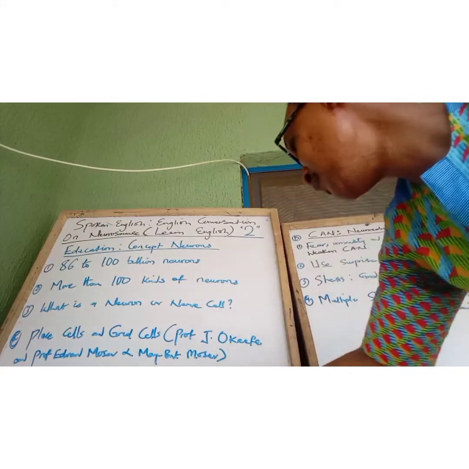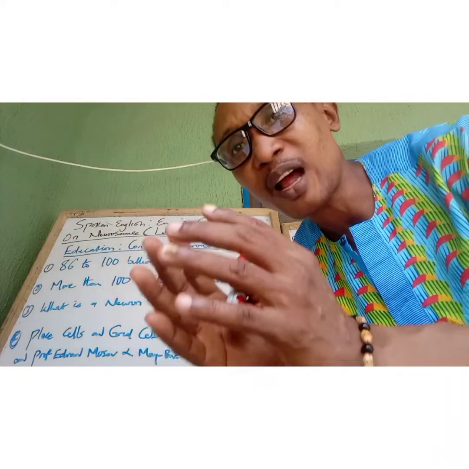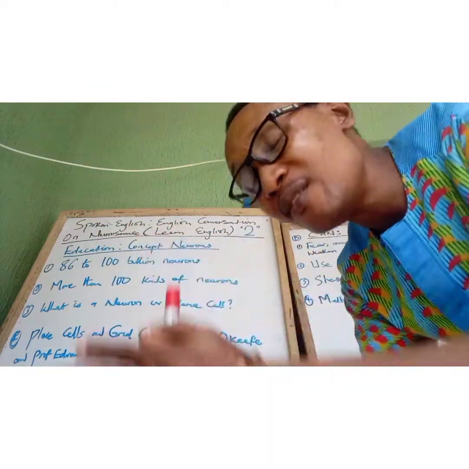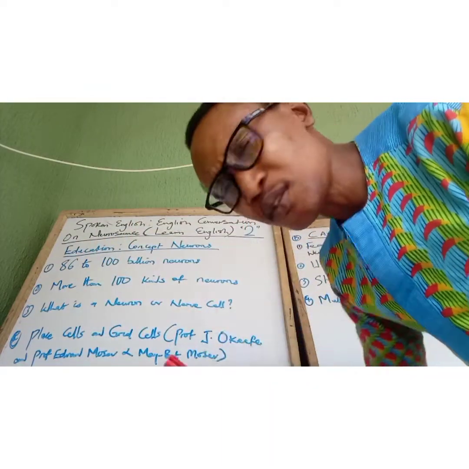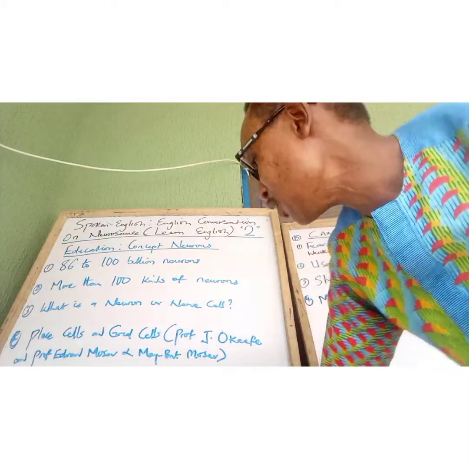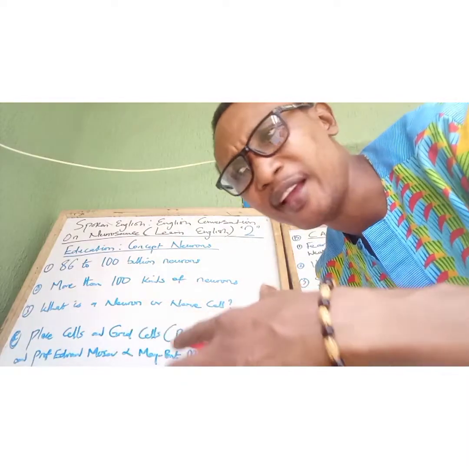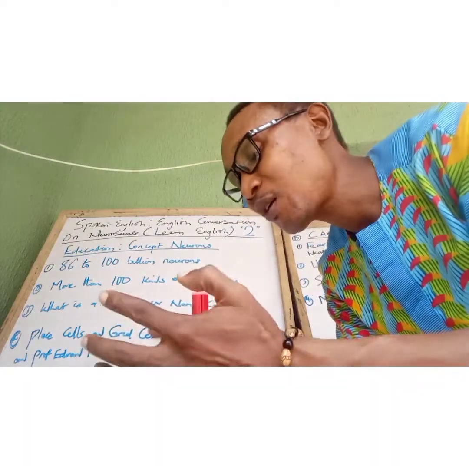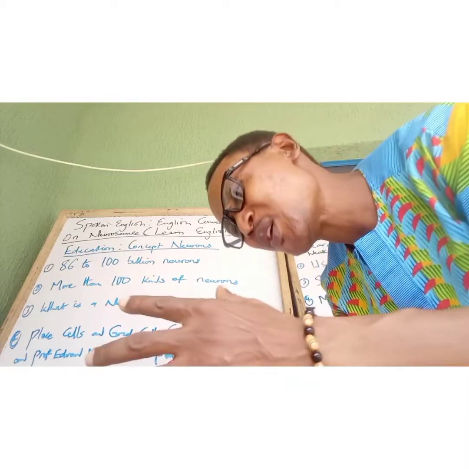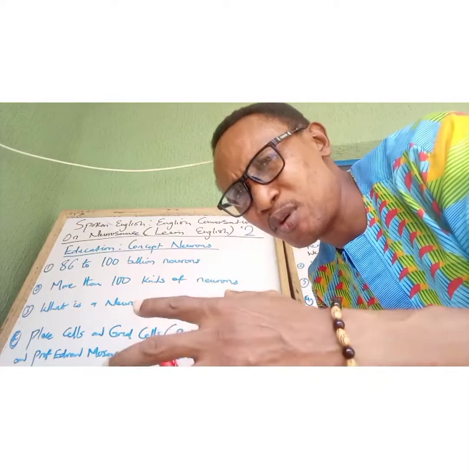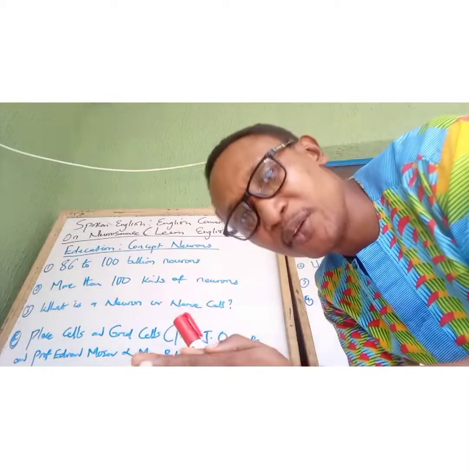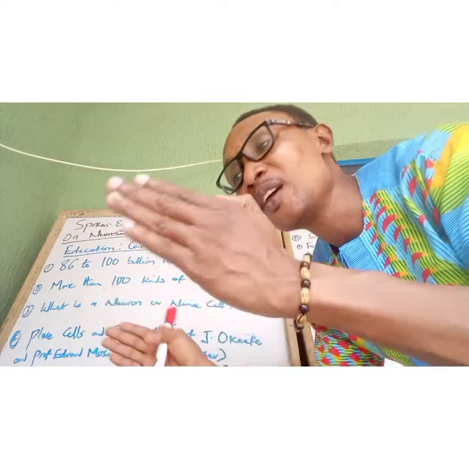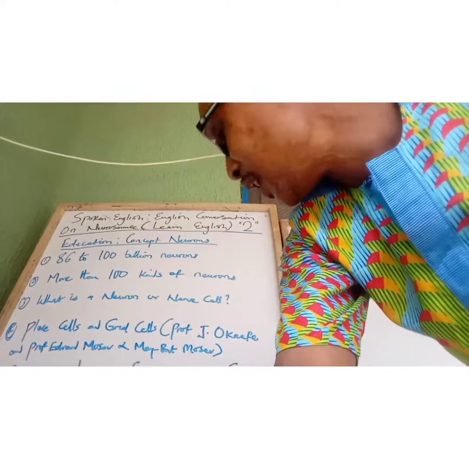Then school and learning environment, concept neurons. Apart from the fact that in the neuroscience or neurobiology field we have concept neurons, I've extended it to make it easier for my viewers to understand that CAN means concept and academic neurons. Because when we say concept neurons, it might look so abstract, but when we say concept and academic neurons, people will easily remember that these are neurons dedicated to education and to learning.